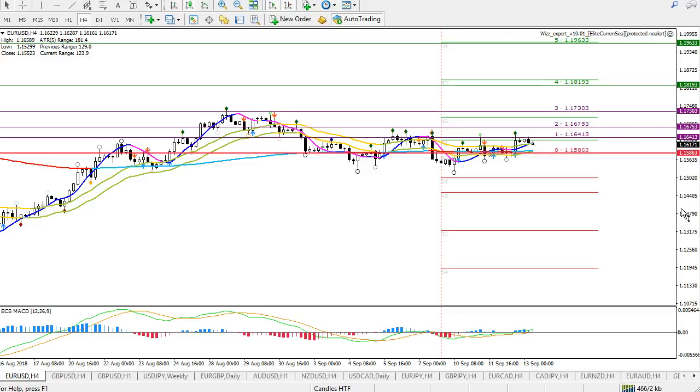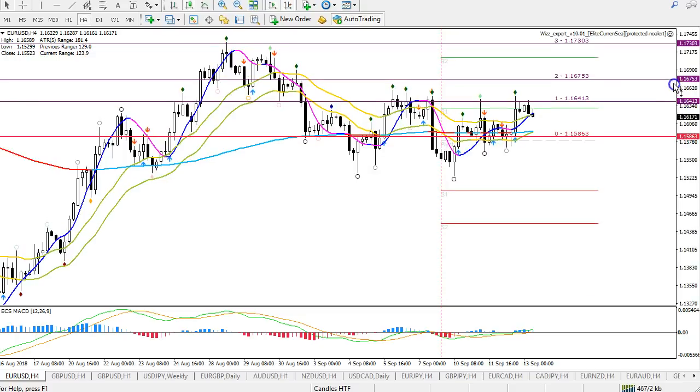So for the euro dollar to get momentum, we need to see price break above the previous top, really. This is all consolidation territory, and whether we get a break or not, we'll have to see. We got a push above the 21 EMA recently, end of yesterday, and this is the second or third attempt. So I think there's a decent chance that price might bounce in the 21 EMA zone.